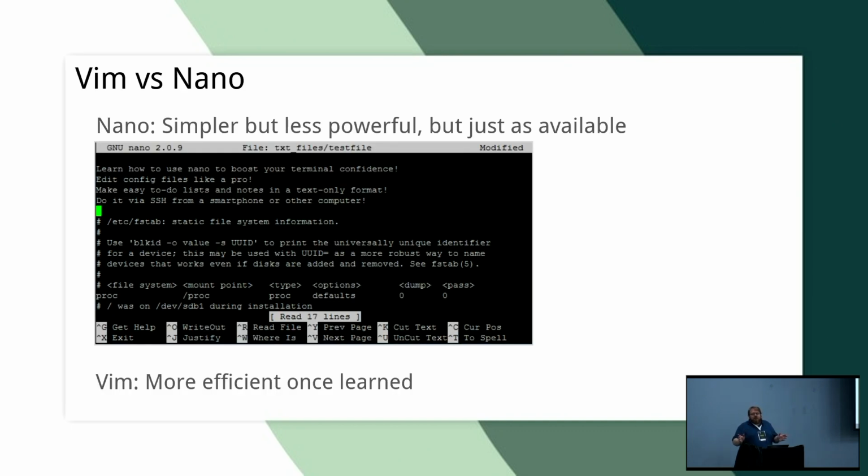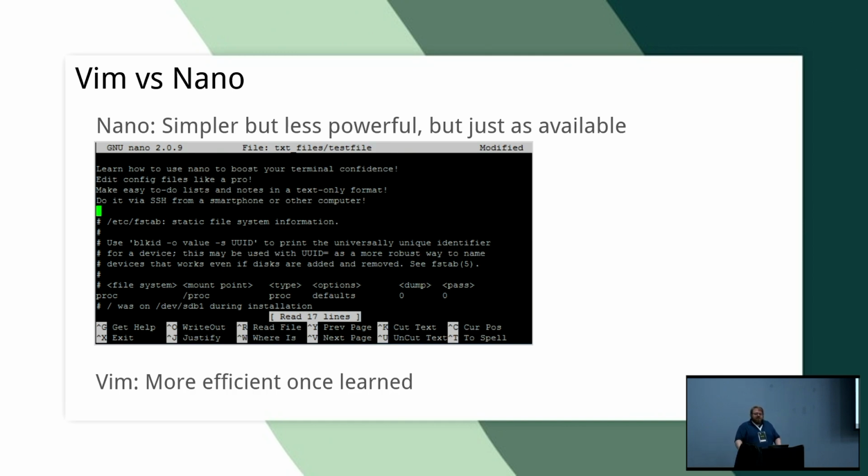Nano is, of course, a reasonable alternative if you're just editing something like /etc/fstab. Nano is really handy because you can just pop into it, do the basic edit, and then click out. Nano definitely is a reasonably small amount. Nano is actually a little smaller than Vim, whether even run or the actual package. But on top of that, it also is very available, just like Vim. So it's a reasonable alternative.